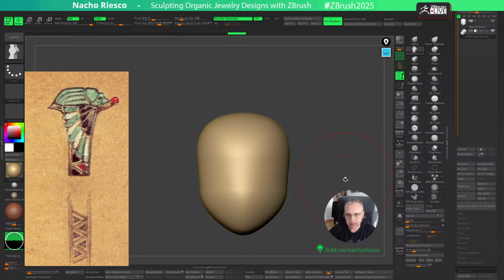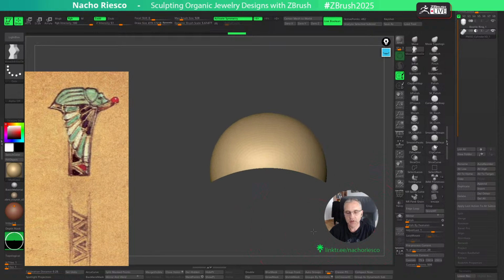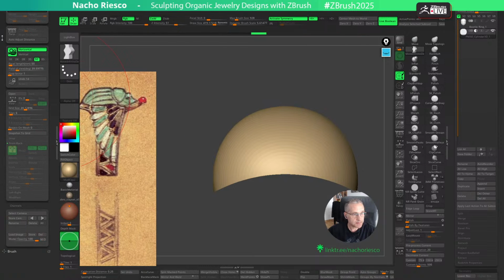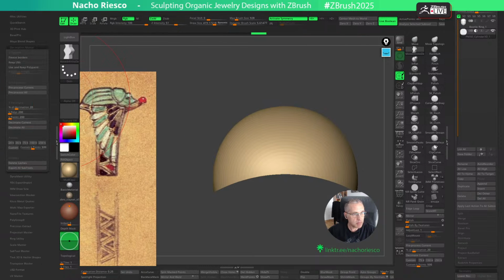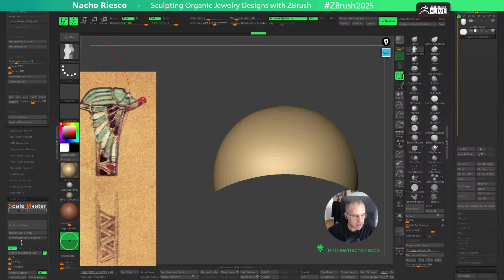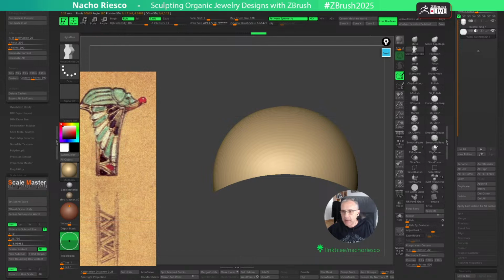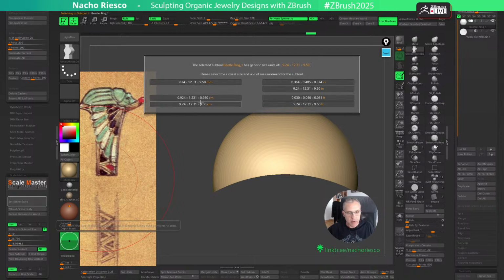So at any time, for example, if you want to know how thick this is, you want to see it from this view, you use the Scale Master. Let's go to the ZPlugins, the Scale Master, and then I click on the Scale Master. This piece has 19 millimeter by 19 millimeter by, no, I'm sorry. I have selected the wrong subtool. I was reading the cylinder again. If I select the Beetle body, what I just made, if I go here, it is 9.24 by 12.31 by